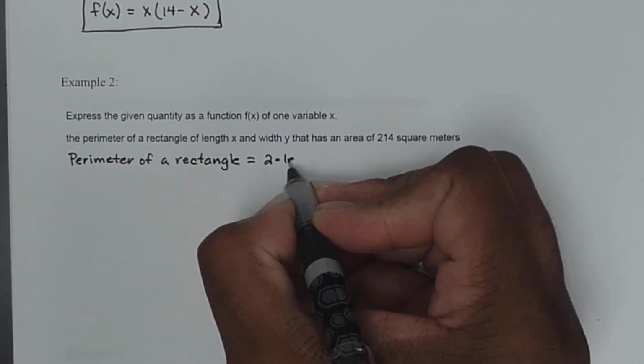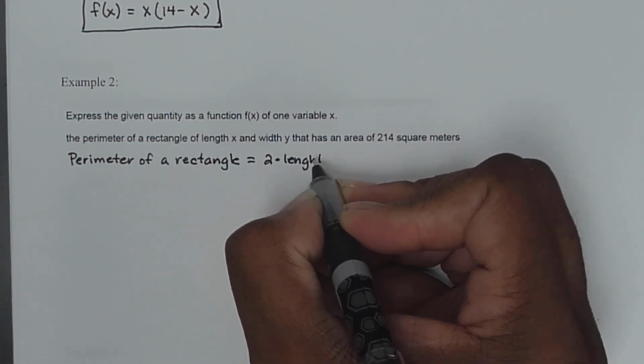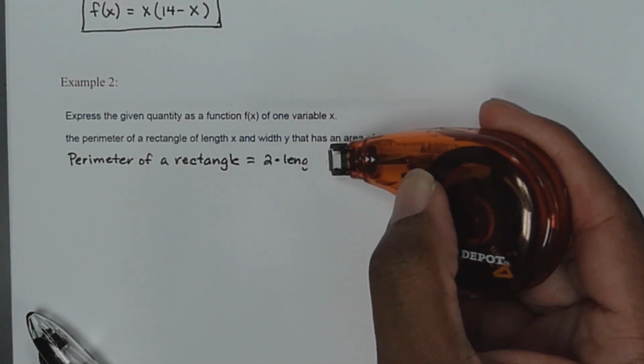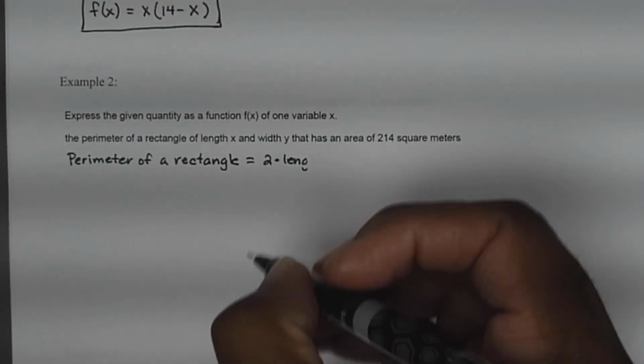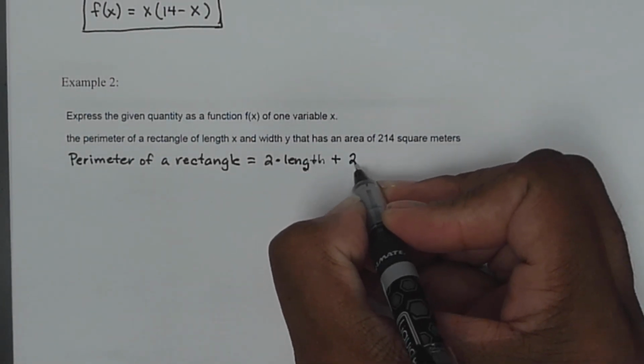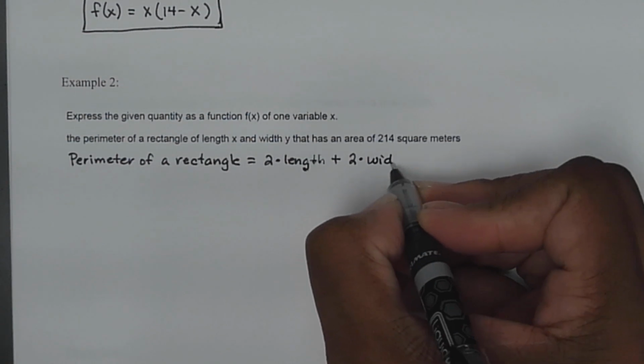That's 2 times the length. It's spelled length. 2 times the length